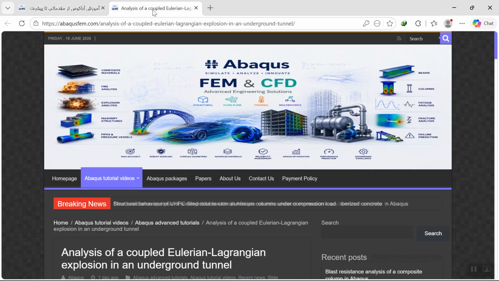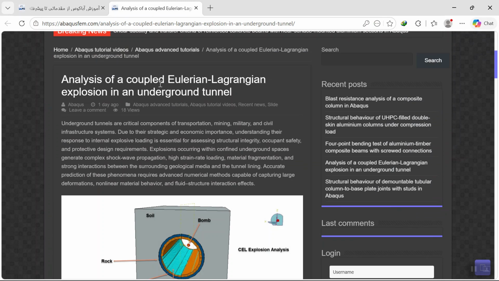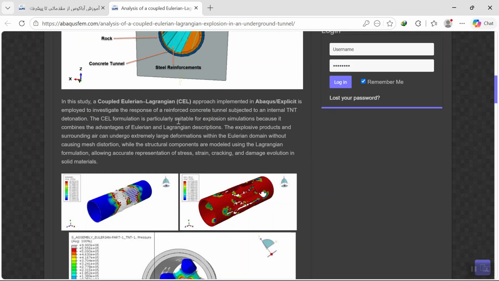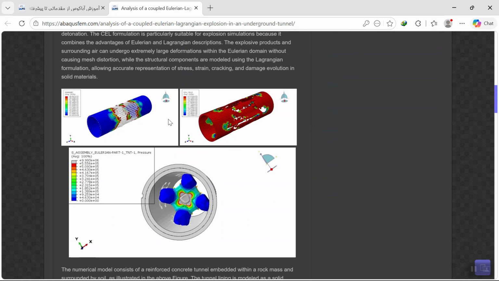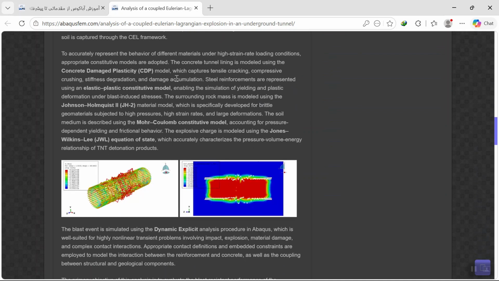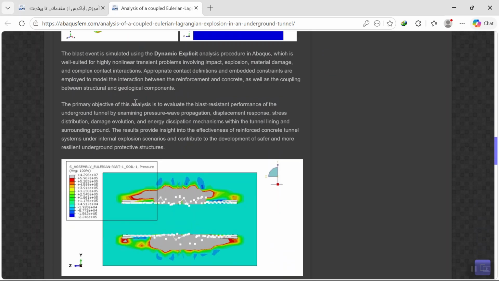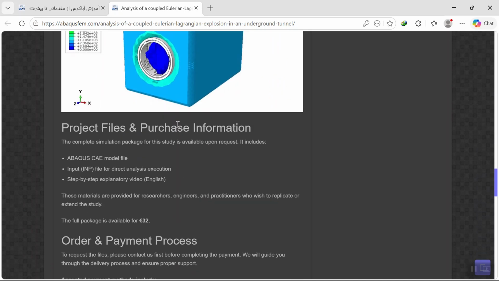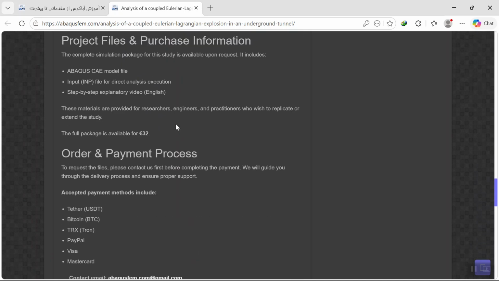Click on the title, then you will have this title, introduction, assembly, then the definition of the coupled Eulerian-Lagrangian model, some of the results here, the numerical method, the material model, results again, and then the objective of the example you can see. So the project file includes the CAE INP code and a step-by-step English video,